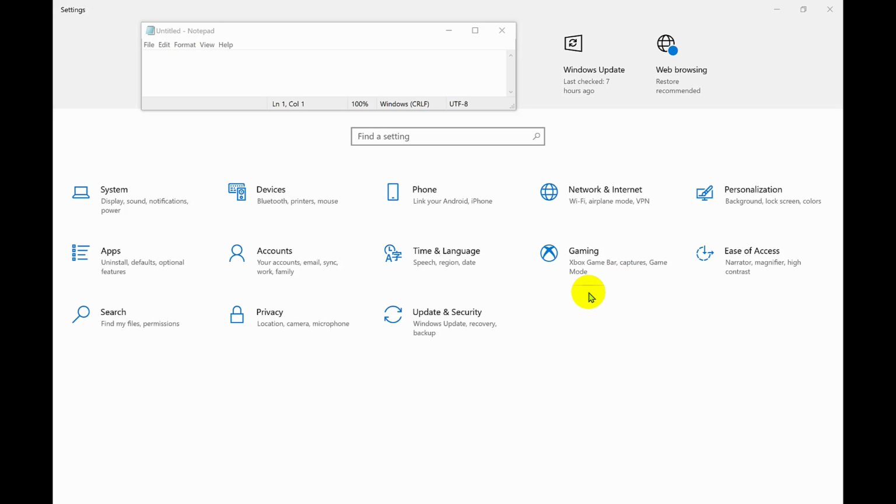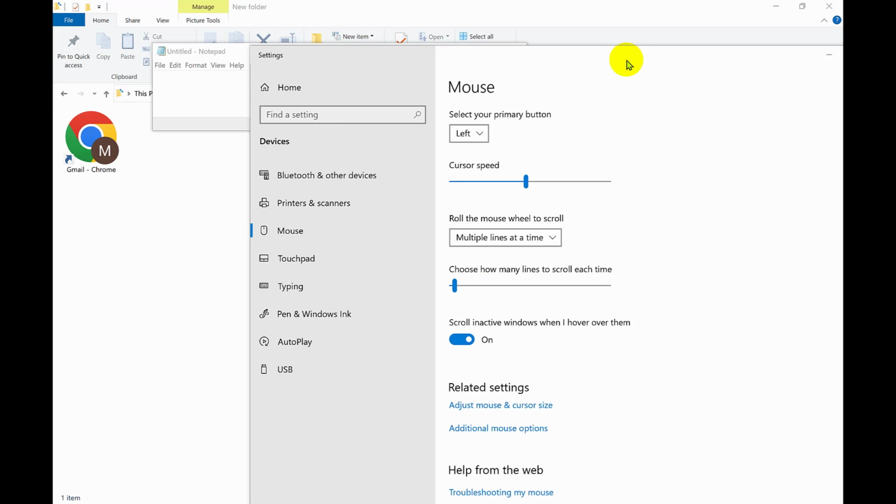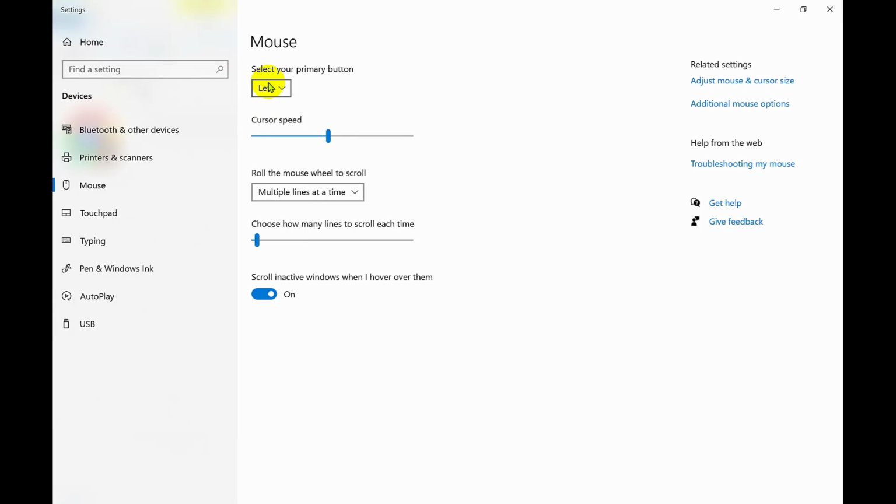Now first you have to go to the Windows start menu and then write settings. Once you are in these settings, you search for mouse. Once you search for mouse settings, then you are in mouse settings. Now from here you can check